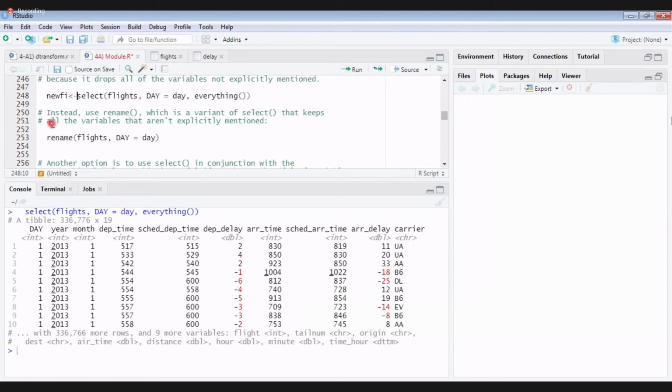Unless you assign it, the flights won't change, right, sir? Yeah, whatever you do, flights will not change. It's like a view concept. I don't want to go into DBMS again, but in DBMS, a view is a virtual thing. Likewise here, whatever modifications you are doing, if you want to reflect them back to flights, you have to write flights like this and assign. If I run this command, then it will modify flights. I'm not assigning anywhere.